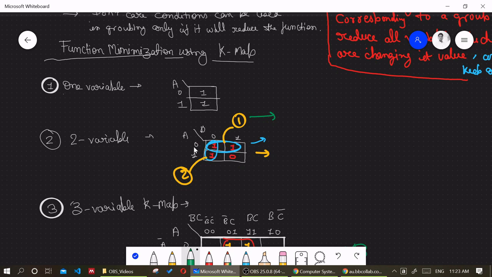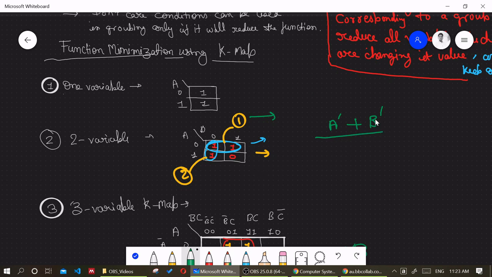In these two ones, a is 0 only but b is changing, so the corresponding expression will become a complement. The variable which is changing should be removed. Now in this particular column a is changing but b is not changing, so plus b complement. This is how we write the corresponding expression for the group.